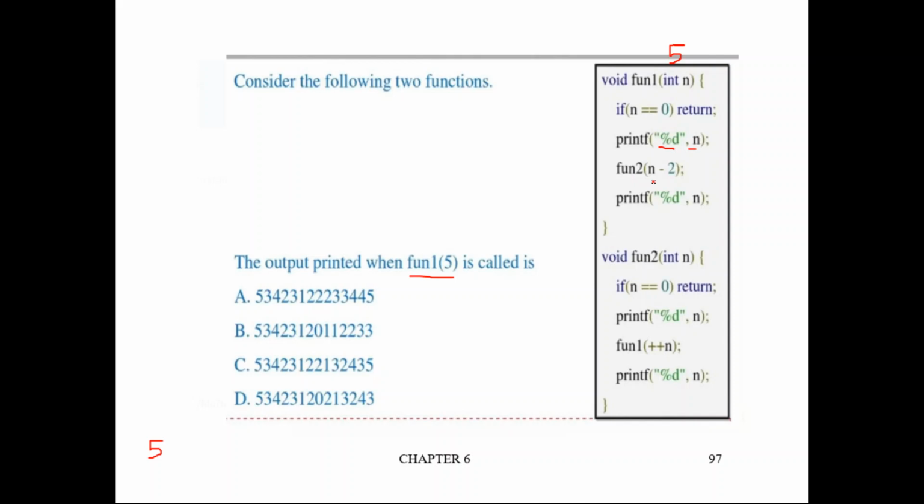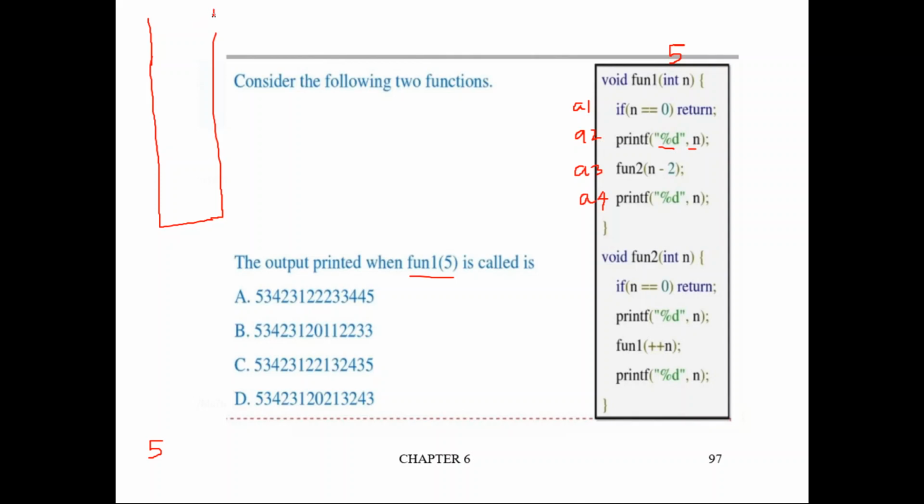So what does the principle say? When there is a function call, the address of the next instruction should be pushed into the stack and the local variables also should be pushed into the stack. So let us assume these are the addresses of these instructions. This is the first instruction, we call its address A1, second instruction A2, third A3 and fourth A4. So currently we are executing A3, which is a function call. So A4 should be pushed into stack.